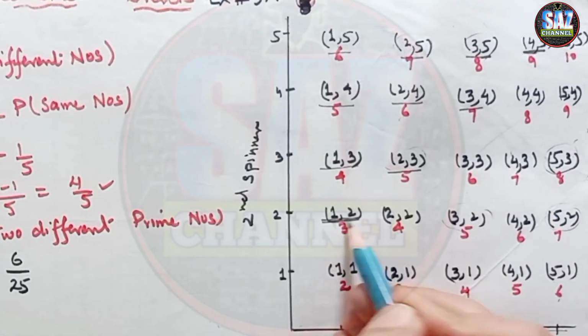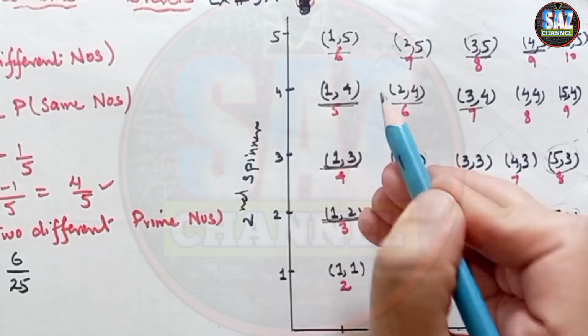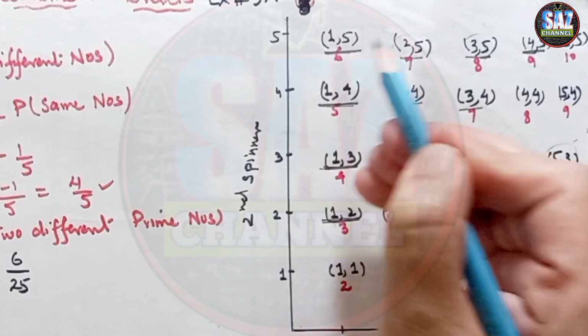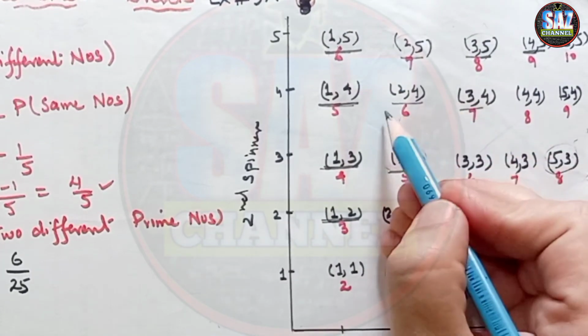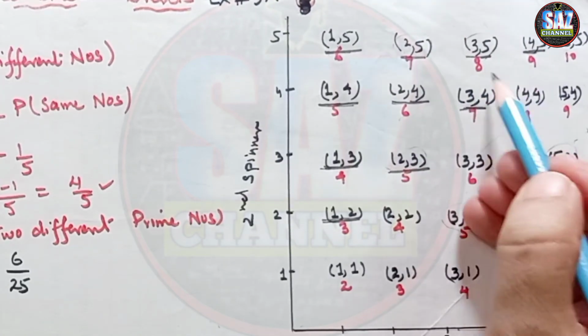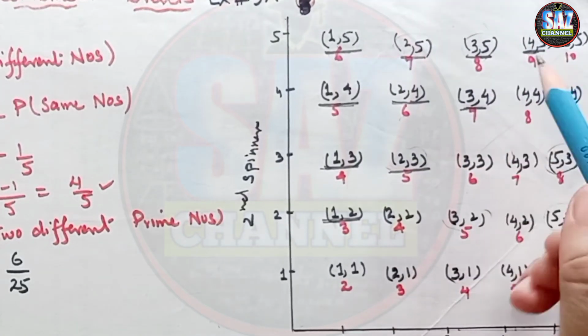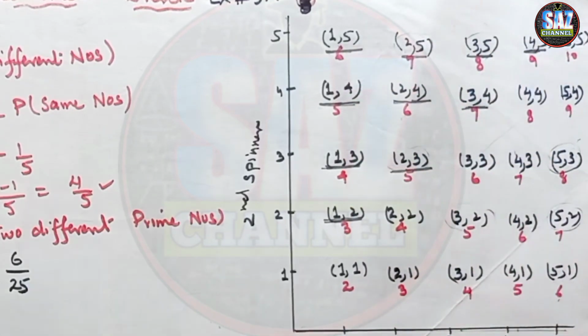Okay, this is the first place, this is the second place, this is the third place where the number on the first spinner is less than the second spinner. Then here the number on the first spinner is less than the second spinner. This is the situation, this is the situation, and this is the last situation. And now do observe the pattern: 4 3 2 and 1.